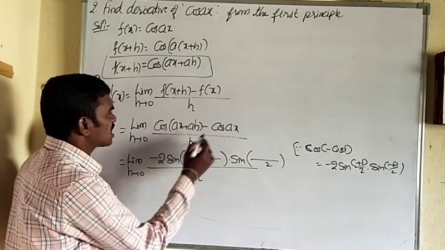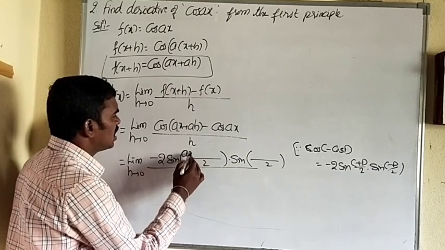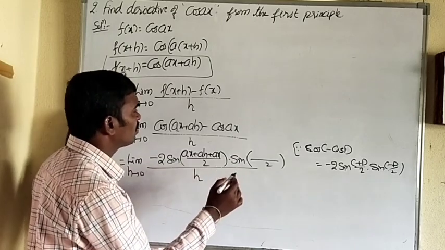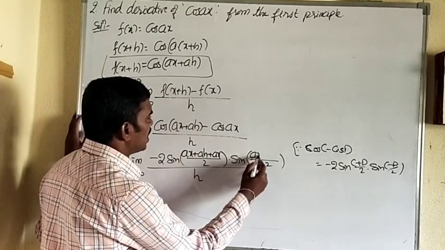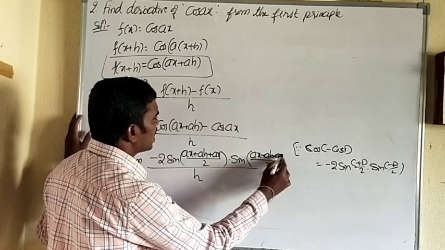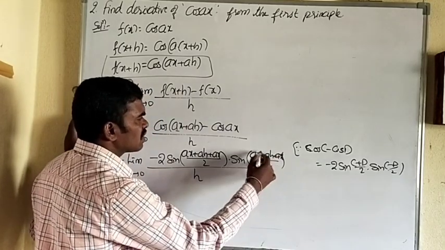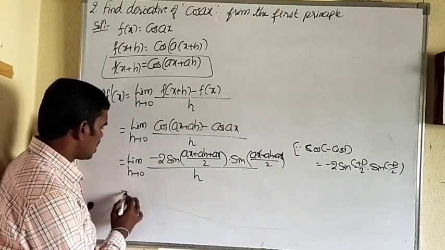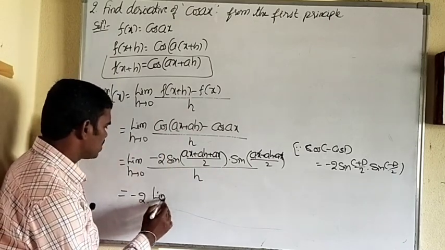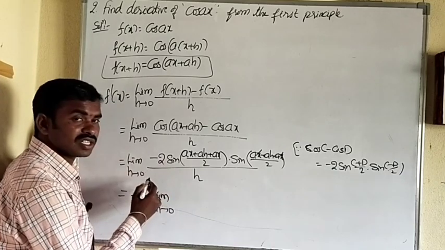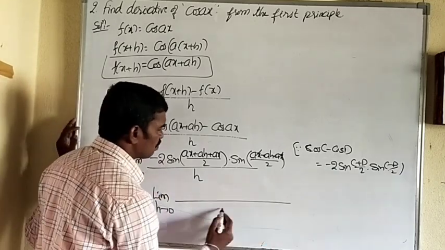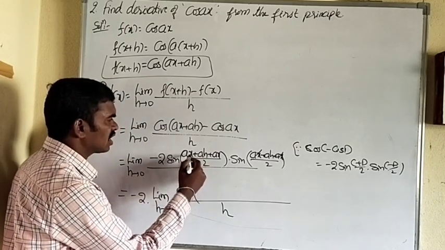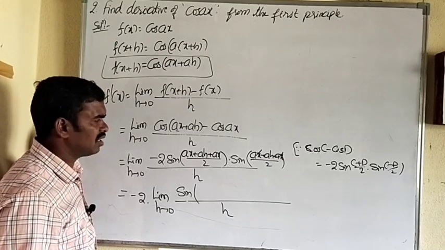Cos c, sin c plus d, c means what? Ax plus ah, ax plus ah plus ax by 2 into sine of c minus d, ax plus ah minus ax by 2. See here, minus ax plus ax cancel, and here nothing is cancelled. Okay, then minus 2 into limit h tends to 0, because it is a constant, you can write outside, by h sine of, see, ax plus ax, we cannot take, only a can be taken common, but there is